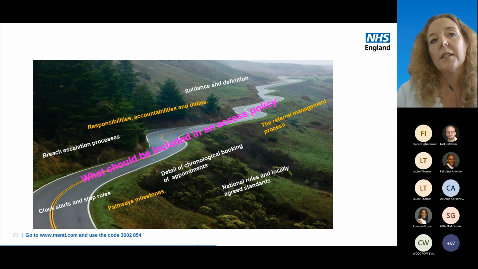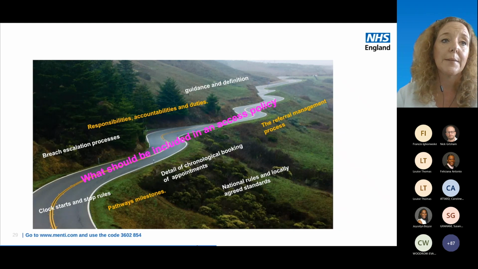Reference to staff competencies and compliance is also important, and there needs to be a section which covers how staff will be supported to demonstrate their competency and compliance with the different elements of the policy. So, for example, details are required on training to support those capabilities. A significant section of the policy will be around the national rules and the local agreed standards. These must be stipulated within the policy, as this will provide clinicians and managers alike with the agreed framework in which to deliver timely care.